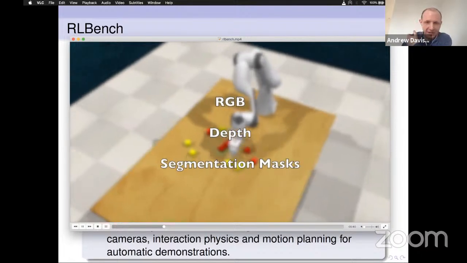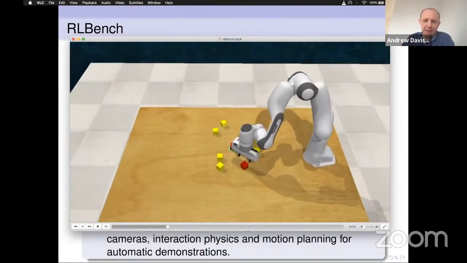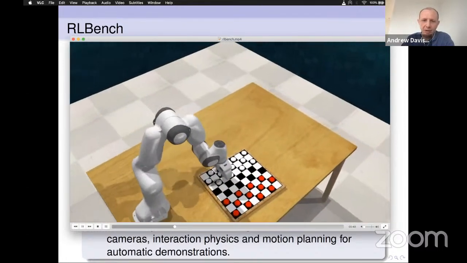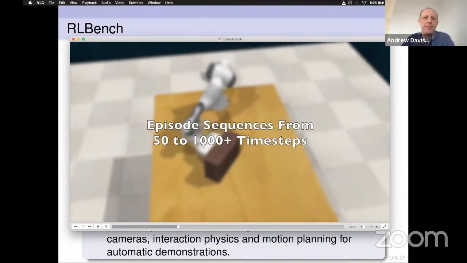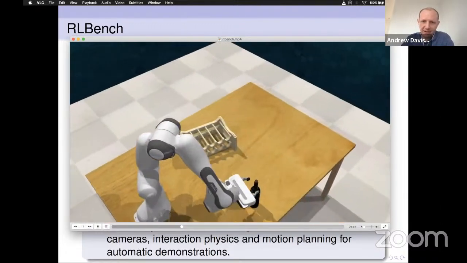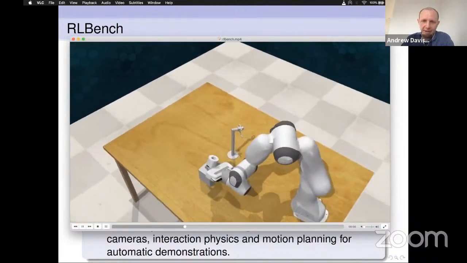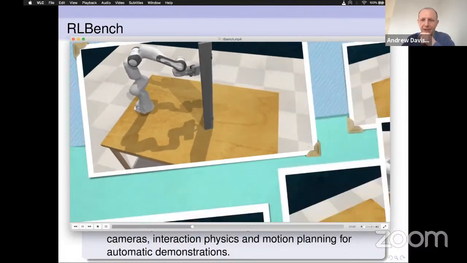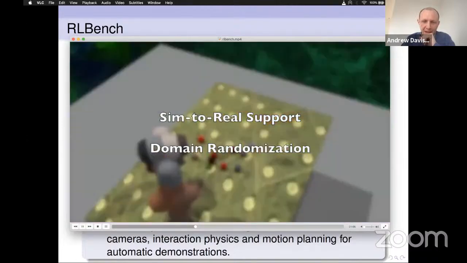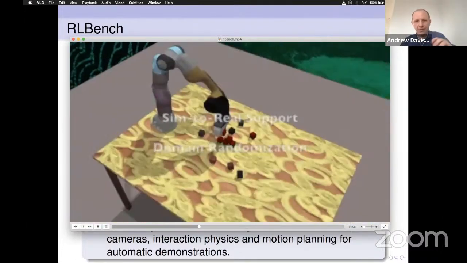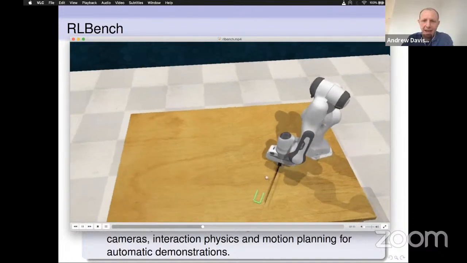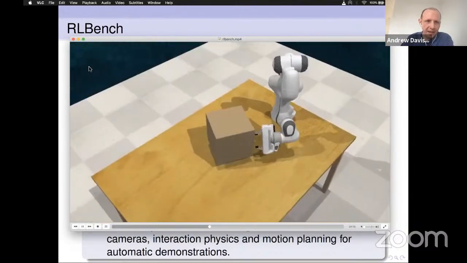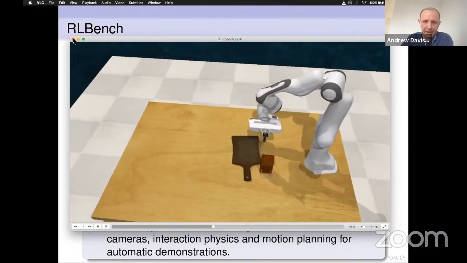So this is an environment that you can download and experiment with. It's built on top of CoppeliaSim, which is a free for research purposes robot simulator. And then RL Bench implements all of these different tasks within that environment that you can experiment with. RL Bench also simulates different cameras in the scene. It gives you depth and RGB cameras, either on board from the robot or also external cameras. And then everything is implemented with physics simulation. Yeah, so have a look at that if you're interested.